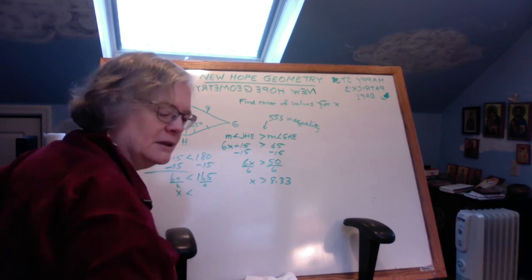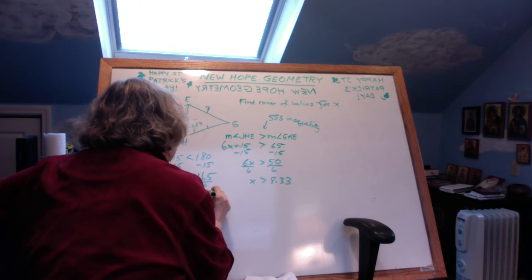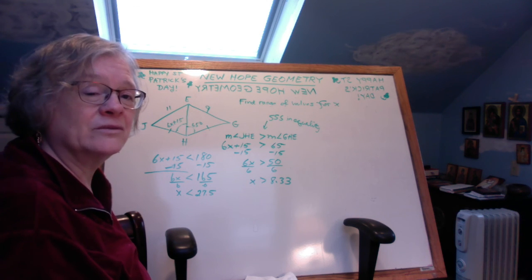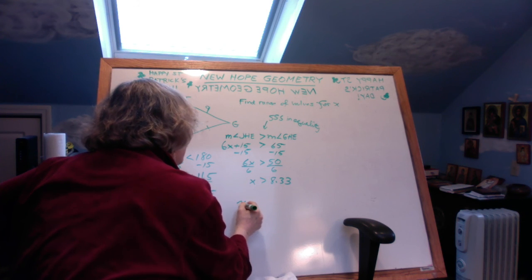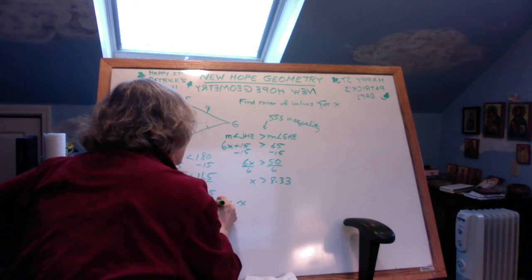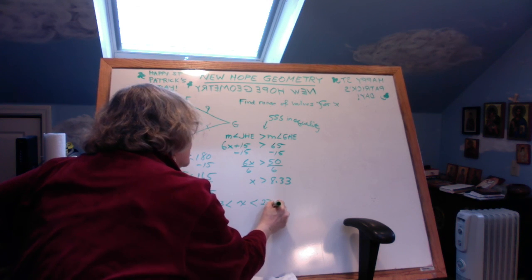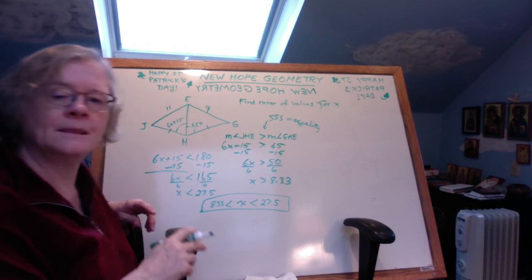And x has to be less than 27.5. It can't be as high as 27.5. So that gives us x is greater than 8.33, but less than 27.5. Okay,